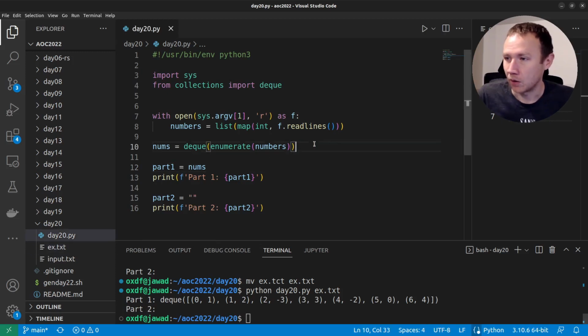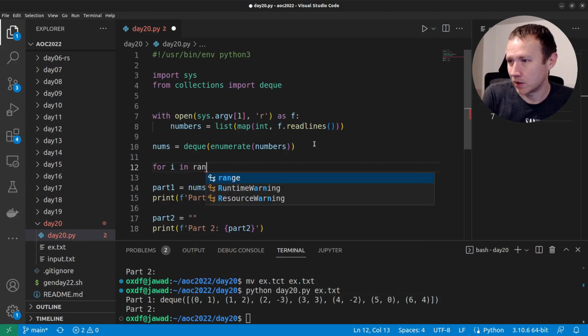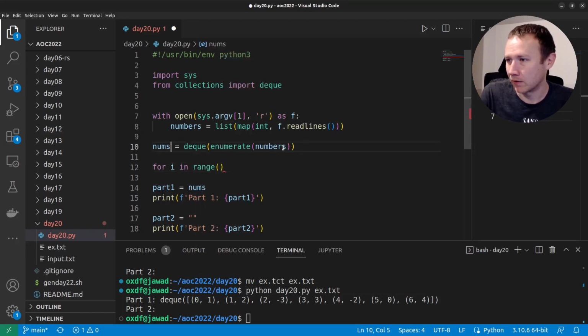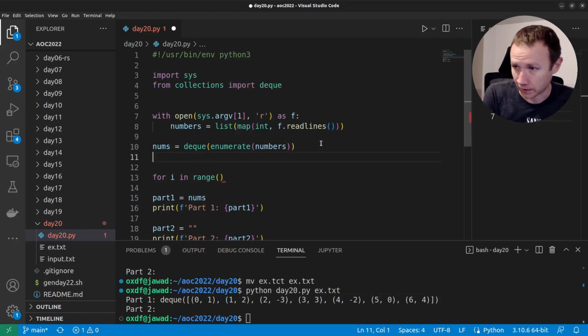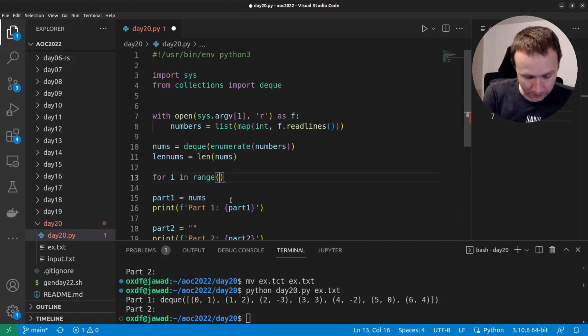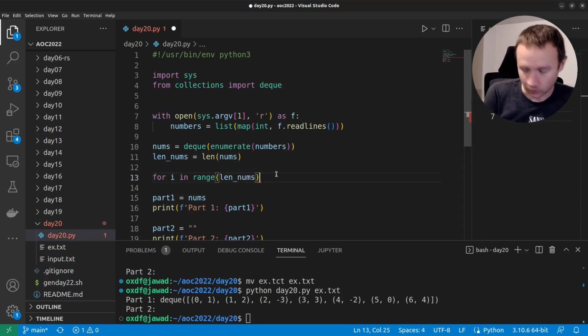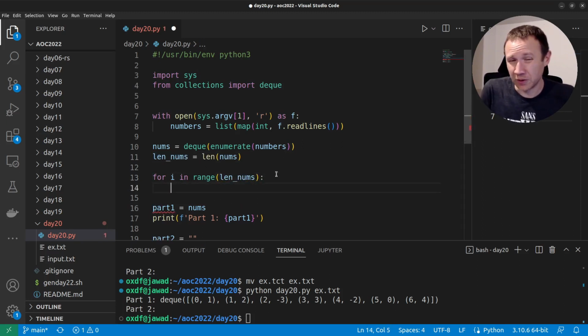Okay, so now we're going to do a for i in range, and we're going to need to know the length of this, and we're going to need it a lot. So let's just do len nums equals len nums. Very creative, I know. I don't like it, we're going to need an underscore in there. It's ugly. Okay, so for i in range len nums,